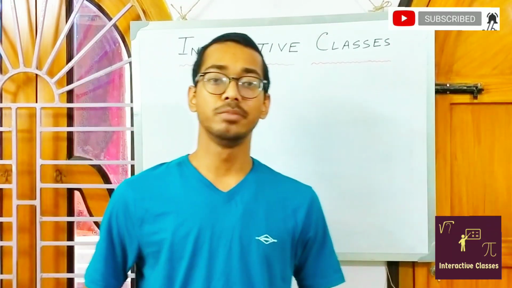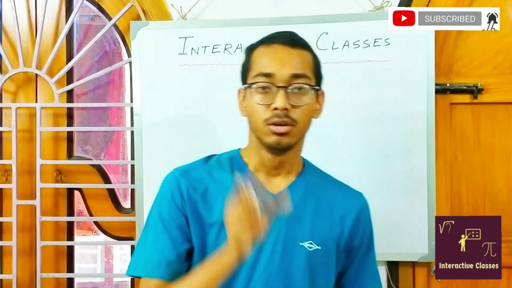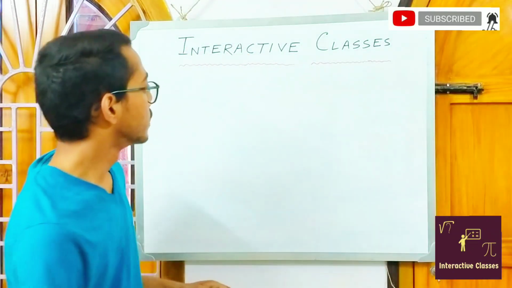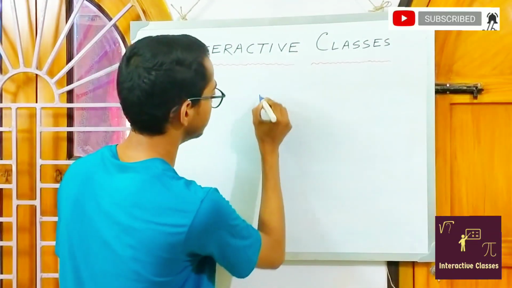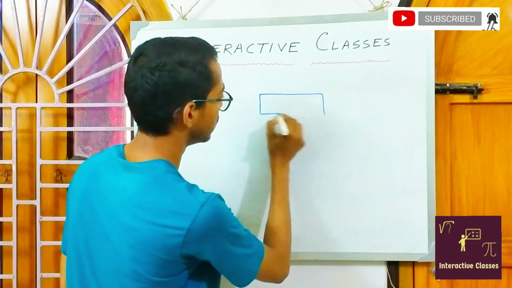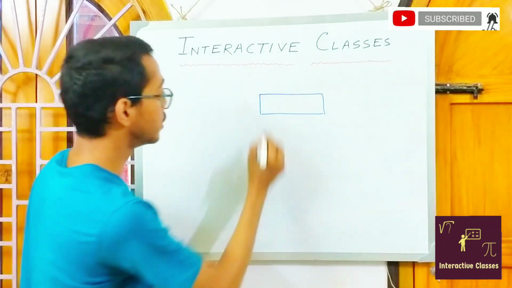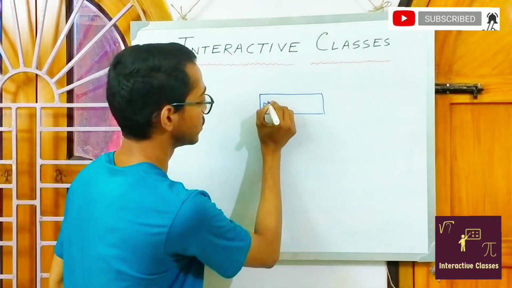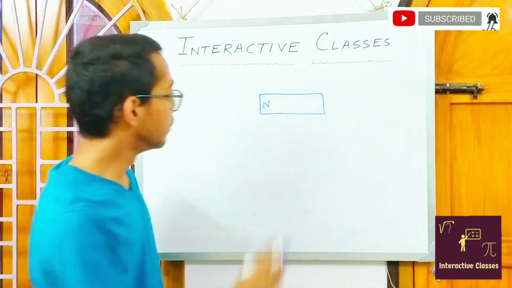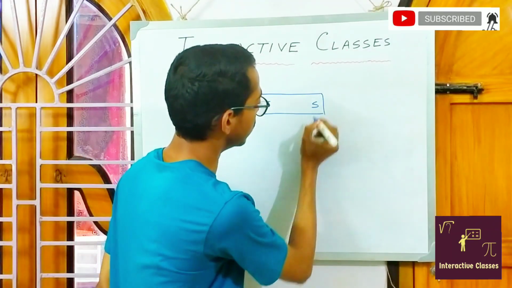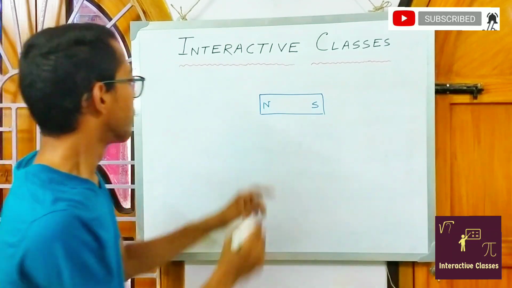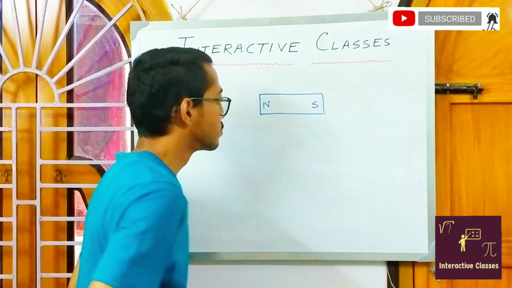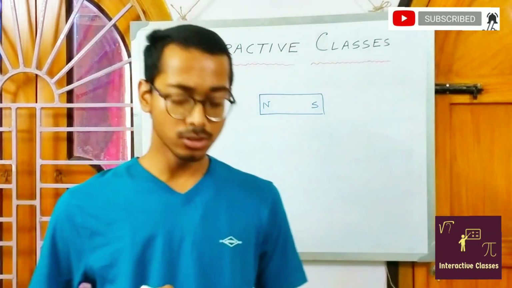So what is a magnet basically? A magnet is a substance which has some specific properties. Let this be a magnet. So a magnet has two poles, namely North Pole and the South Pole. So the basic properties of magnets is